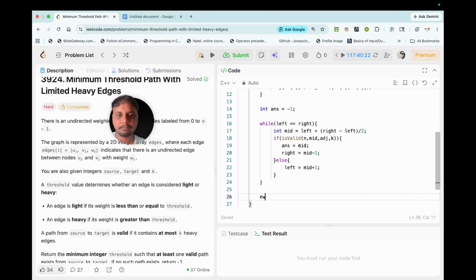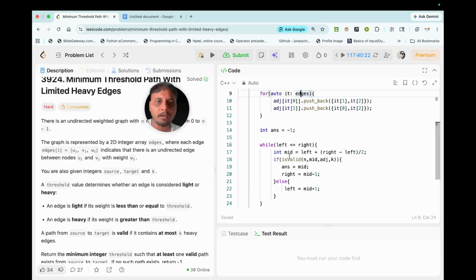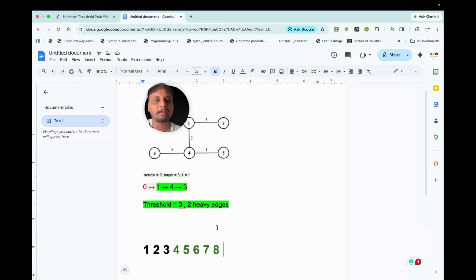If this threshold is valid. In order to check that if a particular chosen threshold is valid or not, we will have to